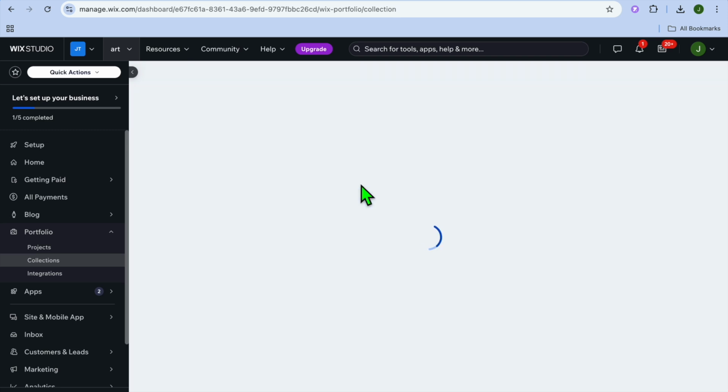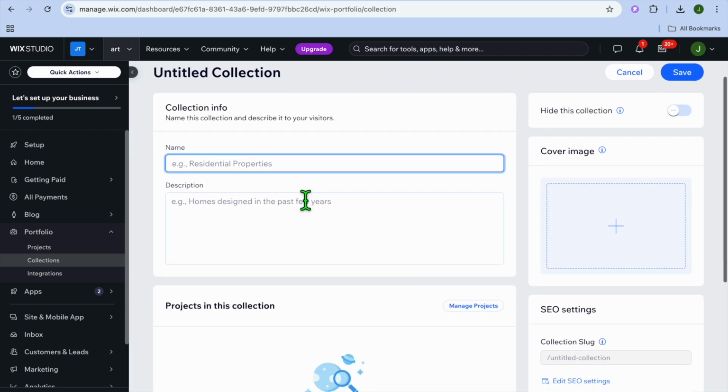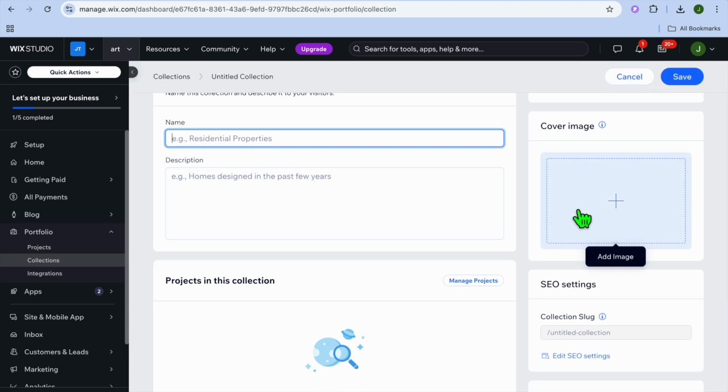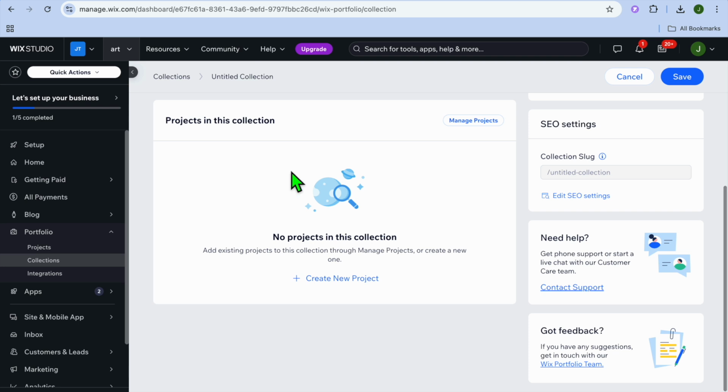So you can tap on the plus right here, and from there you'll be able to create a new collection. So you could input the collection name. You could also add a cover image right here and also add a description. After you have done that, from there you can see the option projects in this collection, and you could tap